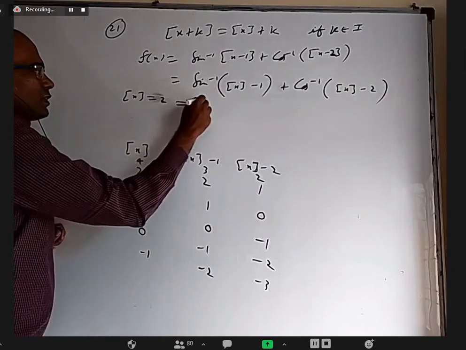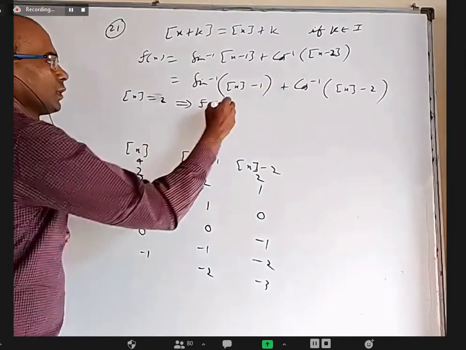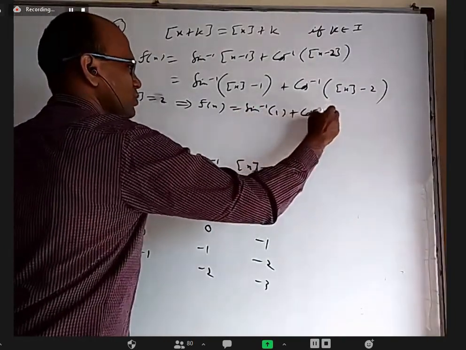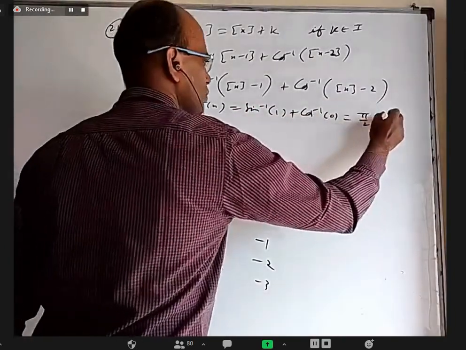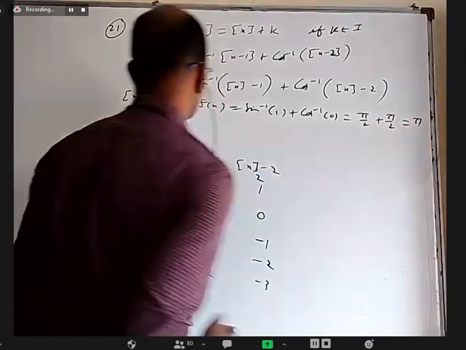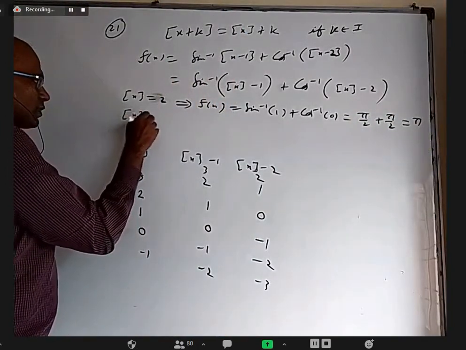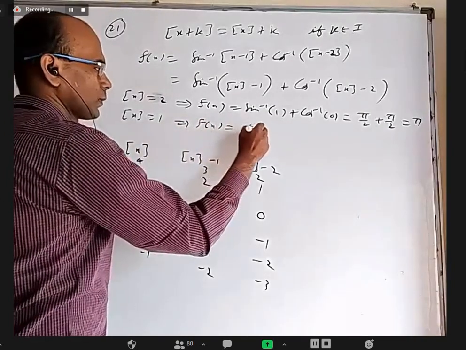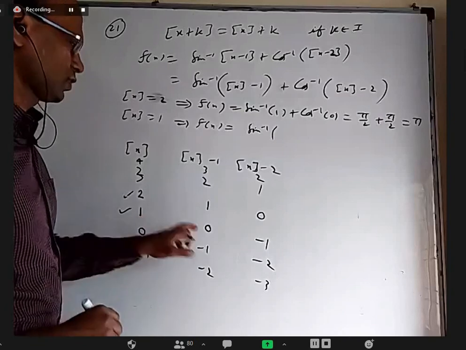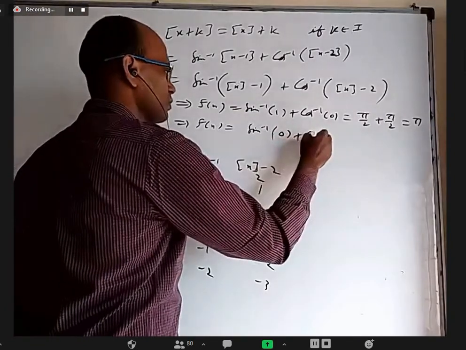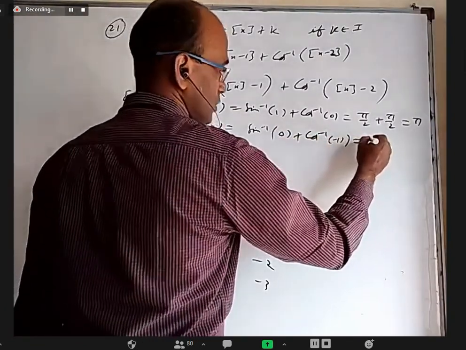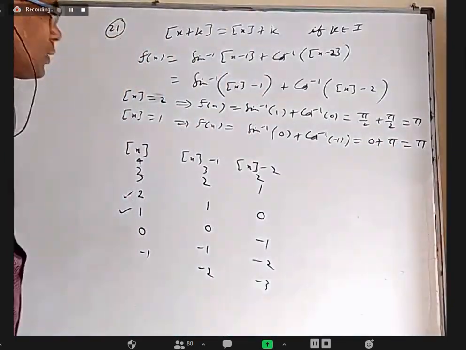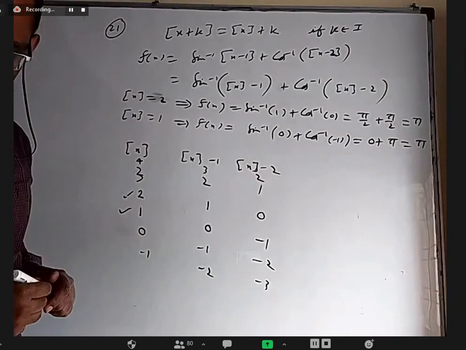During that time, what is f of x based on this? It will be sine inverse 1 plus cos inverse 0, which is pi by 2 plus pi by 2, which is pi. When you take integer part of x equal to 1, then what is f of x? It will be sine inverse 0 plus cos inverse minus 1, which is 0 plus pi, which is pi. So in the question it is sine inverse of x minus 1 plus 2 cos inverse of x minus